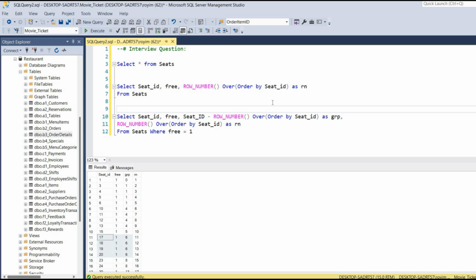So this is one query. Either we can use this as a subquery, or we can use it as a CTE. In this we are going to solve this using a CTE. So I'll write WITH,